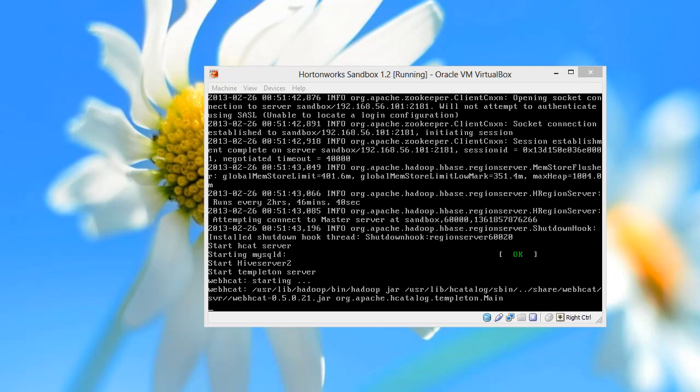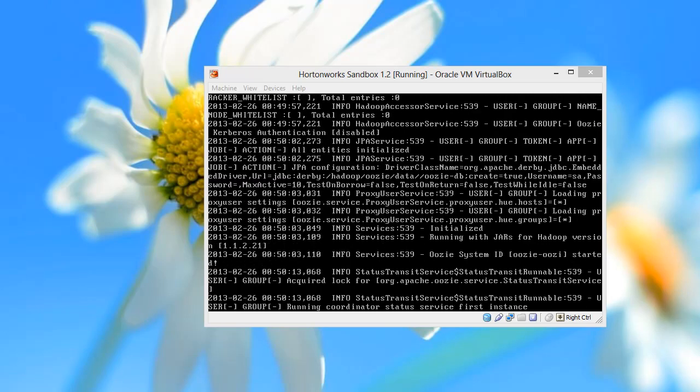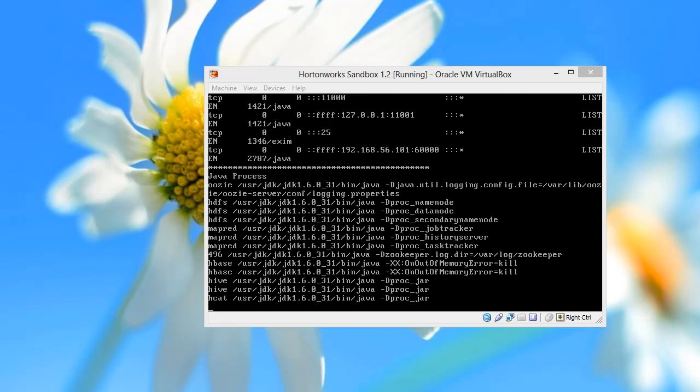Let's give it a few more seconds, and finally it looks like all these daemons are pretty much started. Java, okay, and once it shows the message, then we can just follow